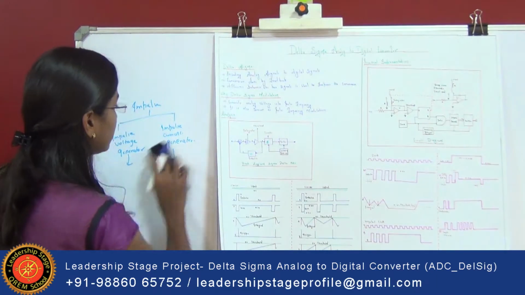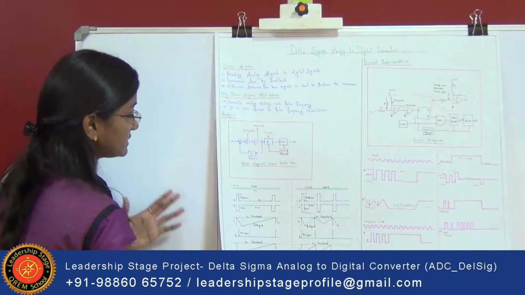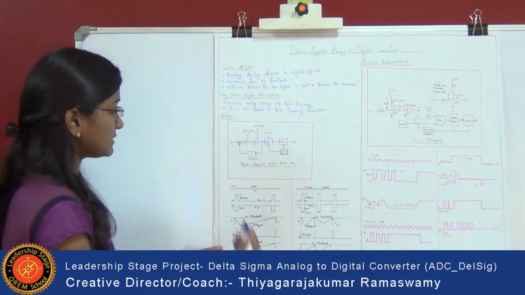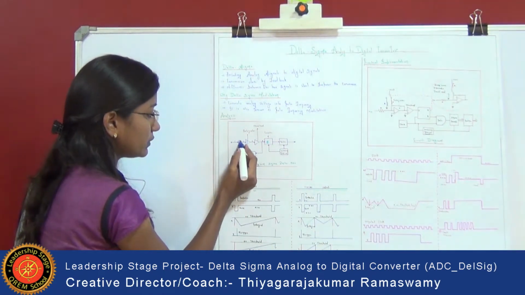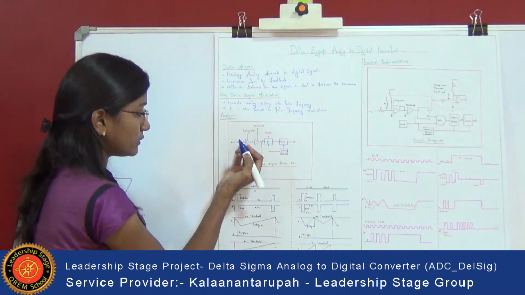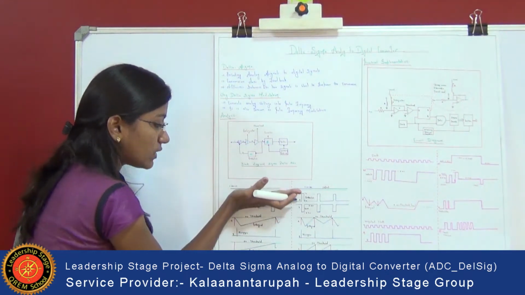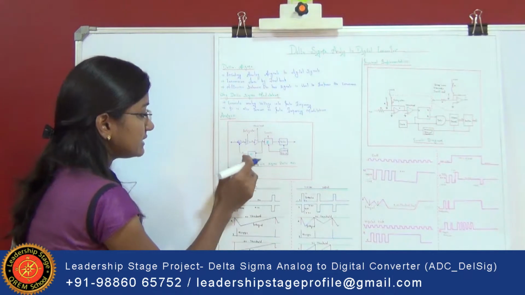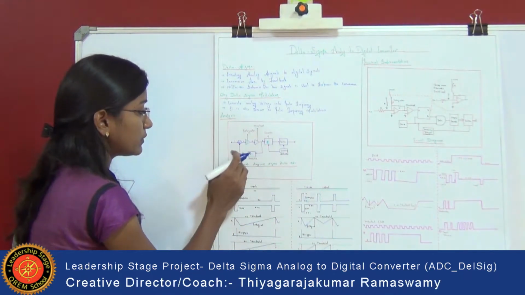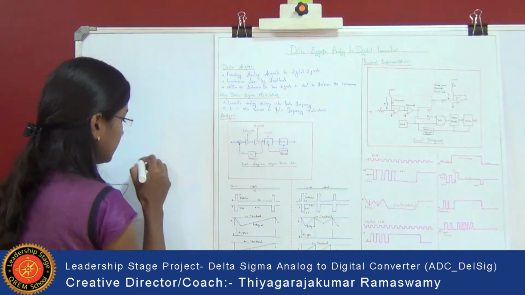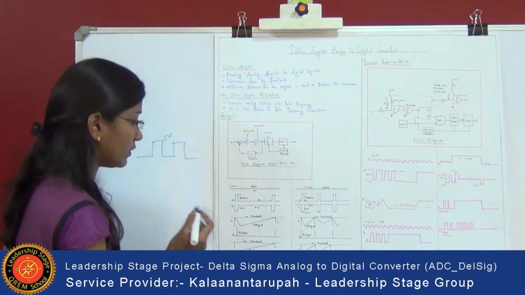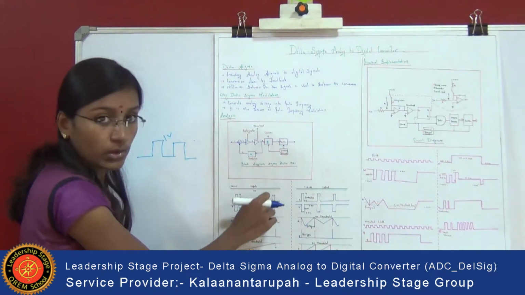Now we are going to see the typical waveforms of this block diagram. First, we pass the input to the modulator. Here we pass a 0.2 volt input to the modulator, where we get a constant output. Next, this is also an input. Here we pass the impulse input to this modulator. The impulse input will be a square waveform of about 1 volt, so we get a square waveform over here.